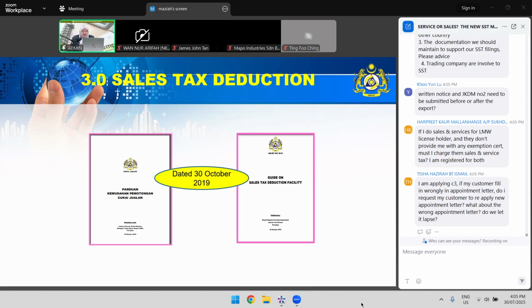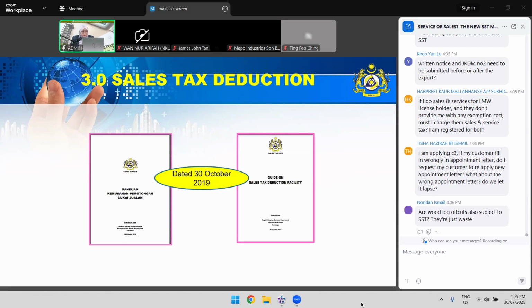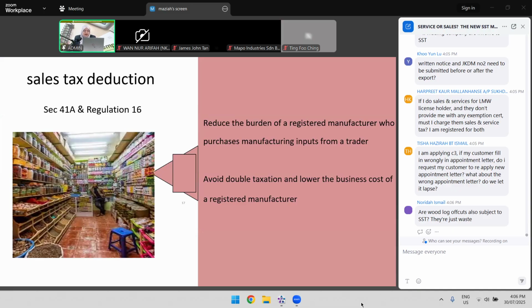So actually Jabatan Kastam already posted the guide for the sales tax deduction facility, dated 30 October 2019. This provides the details, framework, procedures and conditions for using this facility. So now we will go through the main concept, eligibility, deduction rates, and how to apply using the My SST portal. And actually, sales tax under Section 41A and Regulation 16, the sales tax deduction facility was introduced to